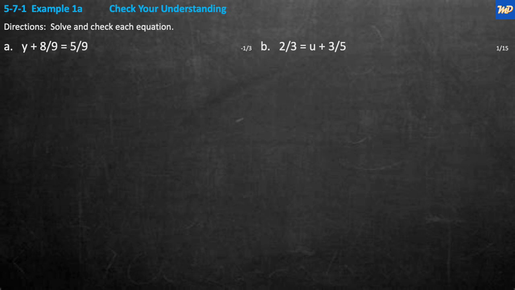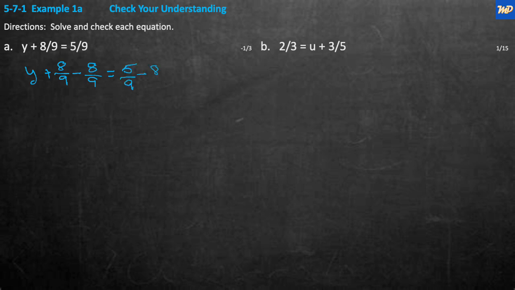Let's write this. And I'm going to skip some steps. I usually always rewrite the problem, but right now, since I tend to run out of room here, let's just start off by getting the y by itself right from the very beginning. So we're going to have y plus 8 ninths minus 8 ninths. That's how we're going to move the 8 ninths away from the y. And that equals 5 ninths